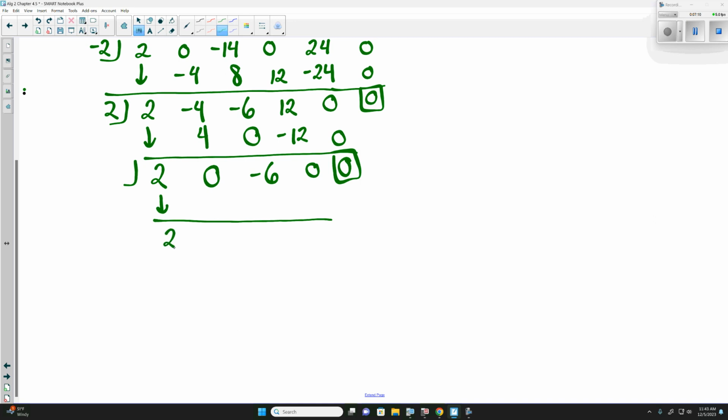Now that's brought it from a degree 4 polynomial function down to a degree 3. Well, we didn't start out at 4. We started out at 5. Degree 5 to a degree 4. We brought it from a degree 4 down to a degree 3. And if we do this one more time, we'll have it down as a degree 2, a quadratic, and we